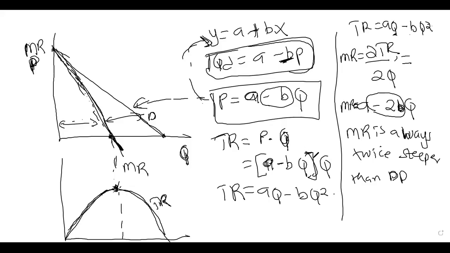Here, we can only move this way in quantity when we reduce prices. So let's note that quantity can only be increasing when we are decreasing prices. Okay. Now, here, when we are decreasing prices in this region,